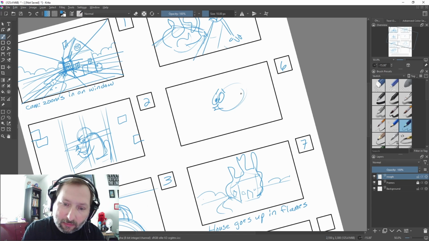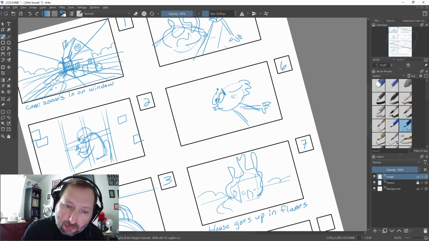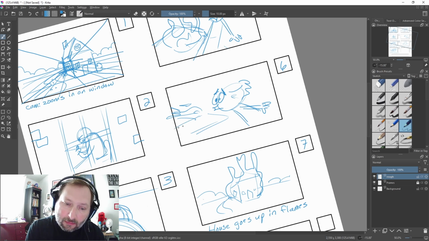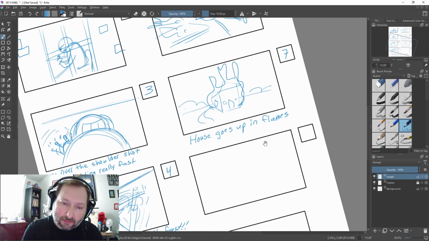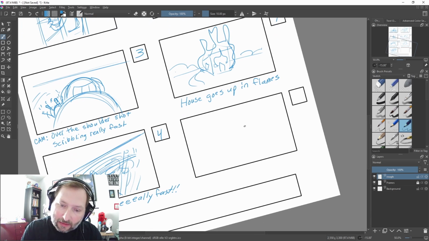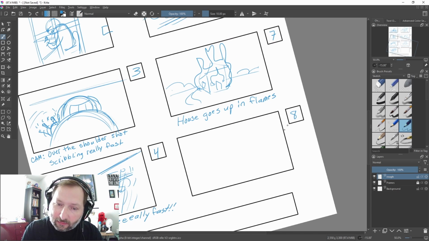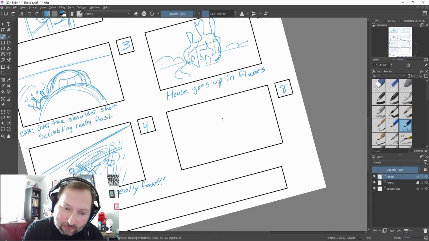He's trying to blow it out before his wife gets home, right? Like, oh no, what'd I do? He's trying to blow out the flames, but it's not working. The whole house goes up, and then on the final panel,